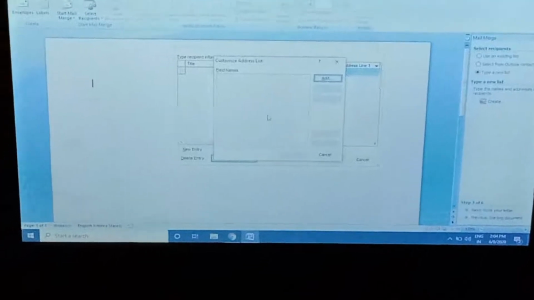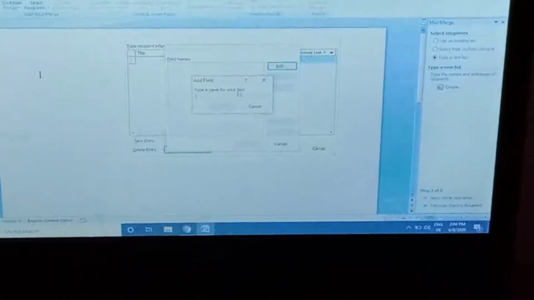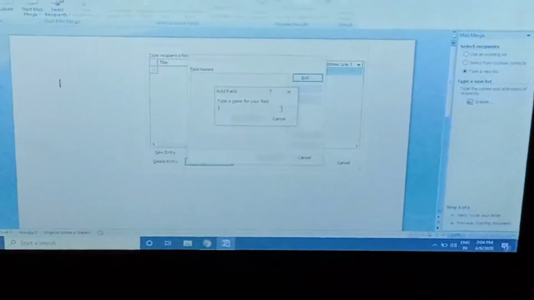Now I add new fields. Click the Add button, and a dialog box appears: Add, type in a name for your field. Suppose I type Name, and click OK.